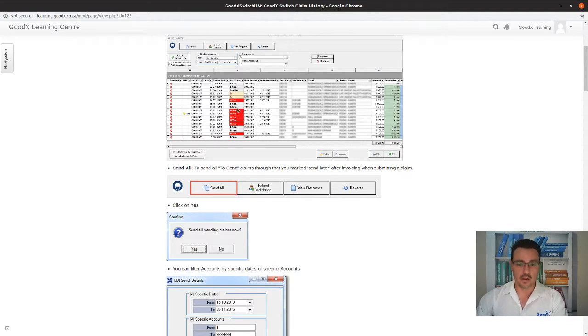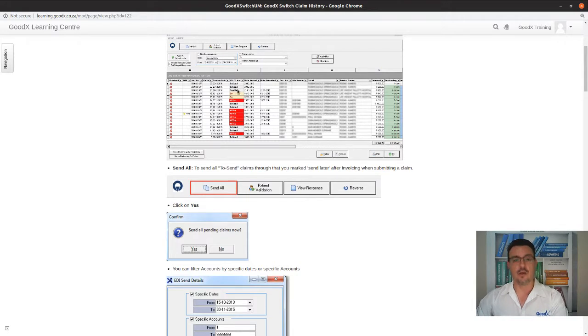So you click on the red line, and immediately you go to the top here that says view response, and you'll view your claim and the reason why it was rejected. If you cannot figure out from the text why, pick up the phone, phone the medical aid. We receive this text directly from the medical aid, so they do not always give us the reasons in detail, but they will show you dependent codes are wrong, dates of birth are wrong, you're overcharging, or any specific reasons will be shown. But in certain cases, you still need to contact the medical aid to check the reasons why they are rejecting